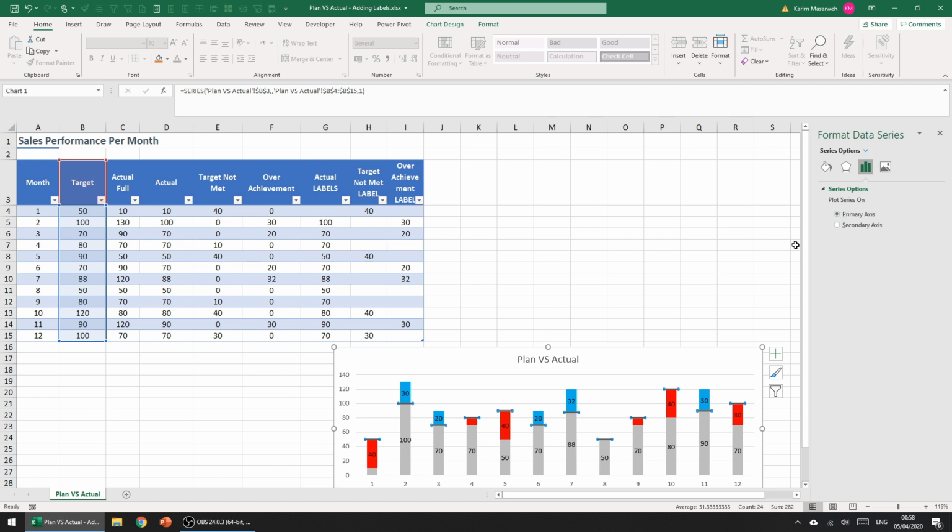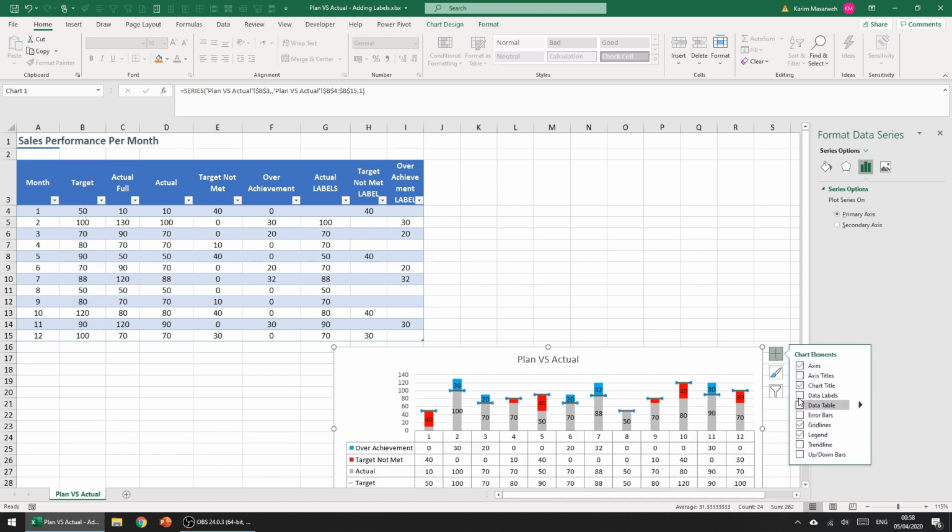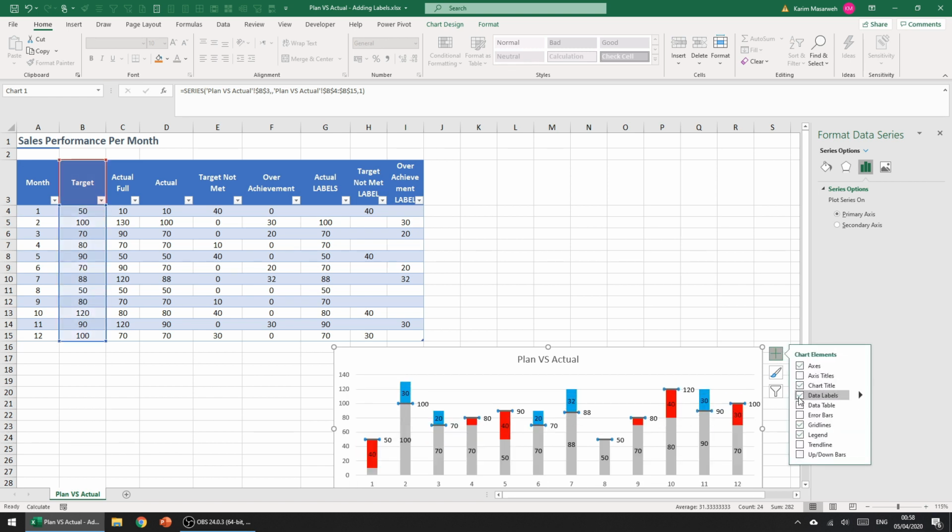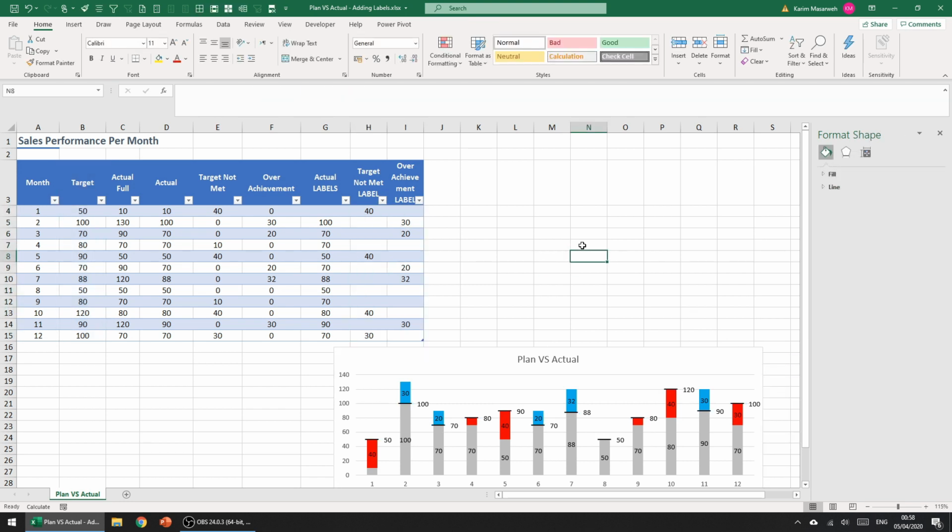I think it's important. So I selected these markers. You can see I click on one of them and then all of them are selected. And now I can click plus and data label. Okay. So it looks nice. Now,